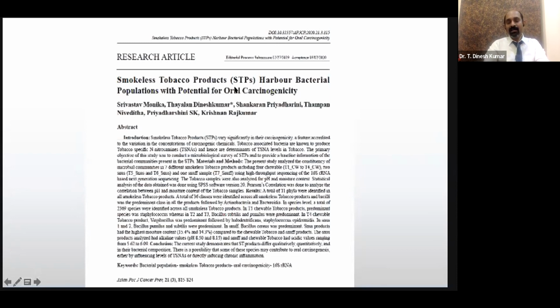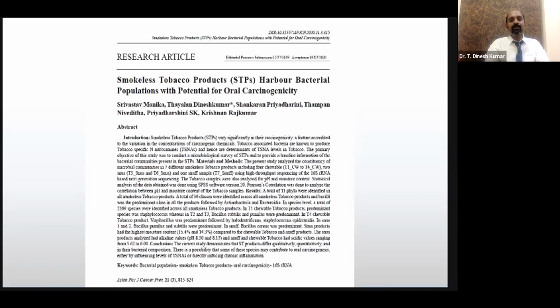You will be astonished to know there were about 2,500 species of bacteria present in smokeless tobacco forms. What is the role of these bacteria in cancer production? These bacteria have the ability to reduce nitrates. When they reduce nitrates, this reacts with the alkaloids in the tobacco and they release a form